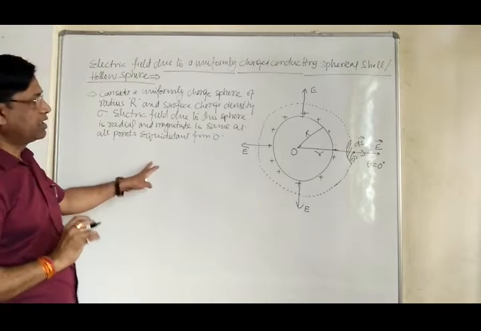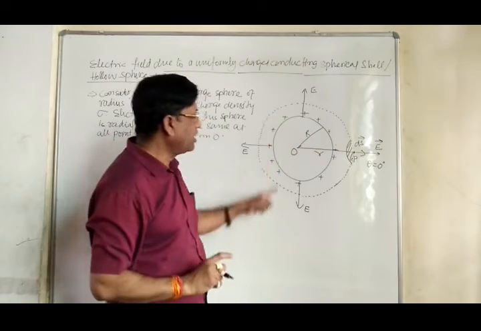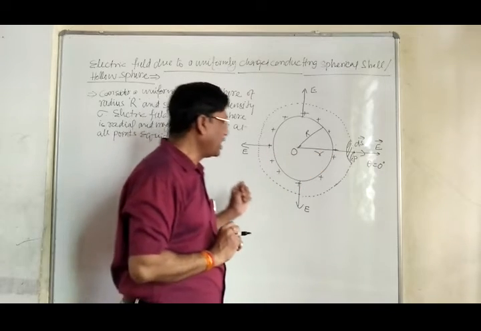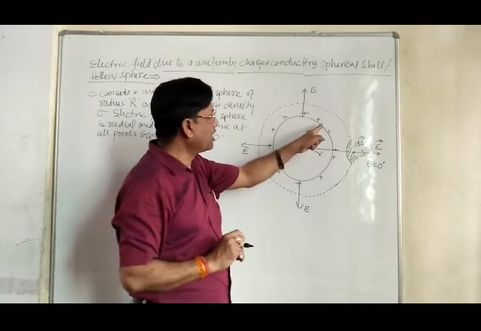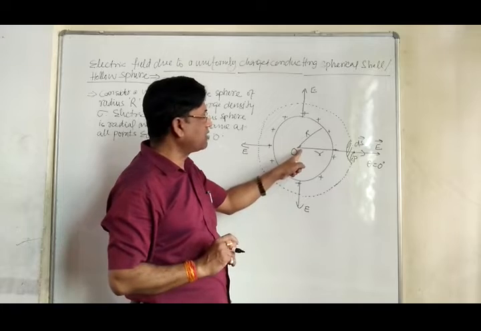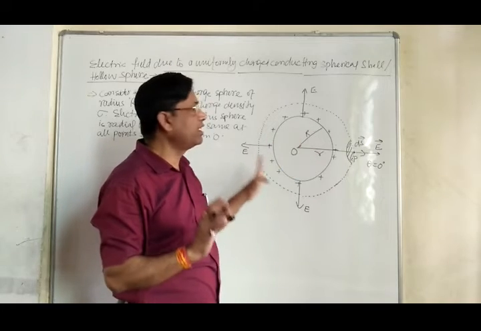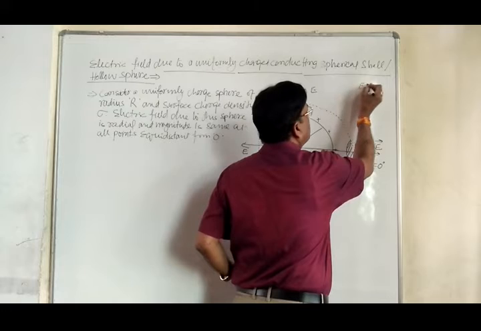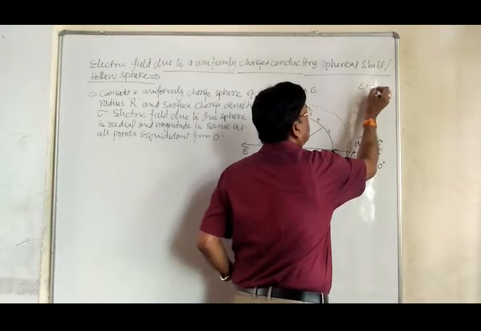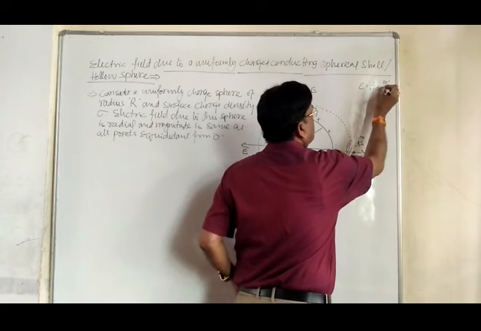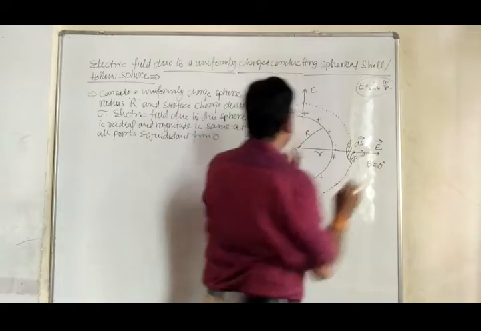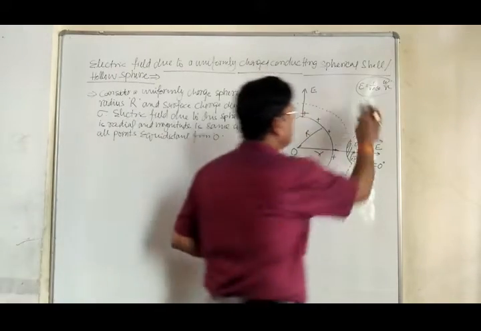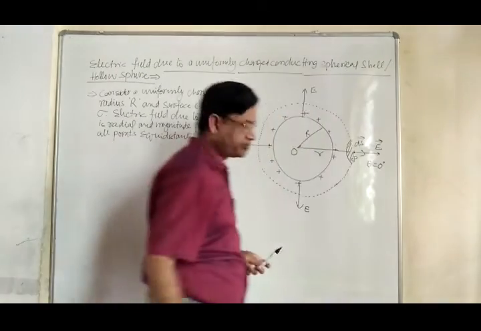Is this clear? I already told, due to this sphere, the electric field is radially outward, and the magnitude at this point, because the distance from the center O is same, that is why the electric field will be same. Because this formula you know, E is equal to 1/4 pi epsilon naught q by r square, due to one single charge. That is why if the r is same, the electric field will be same at all points.